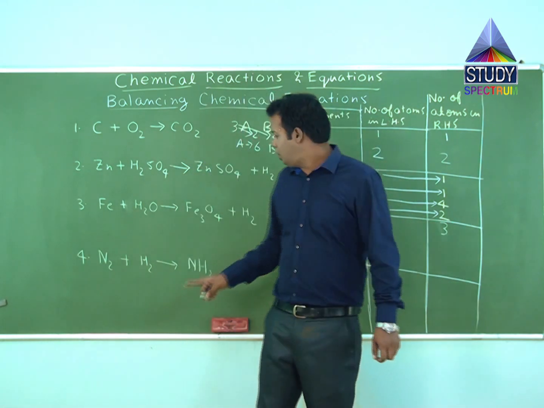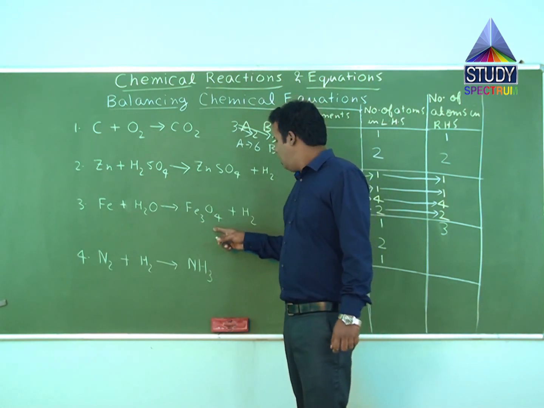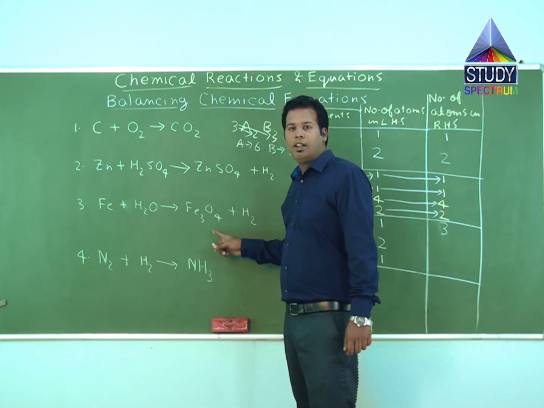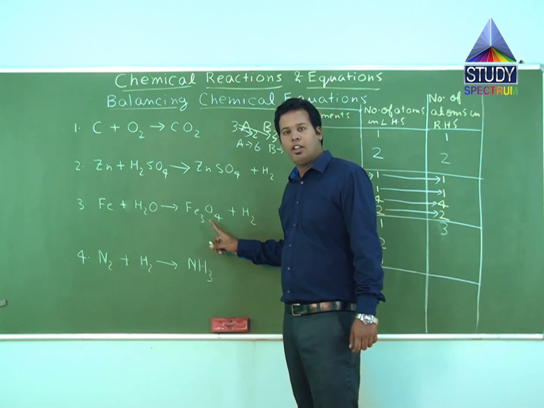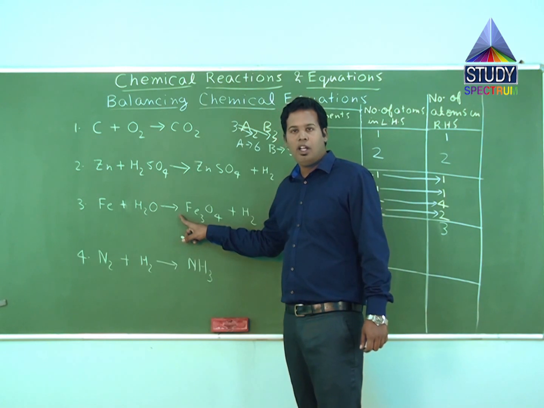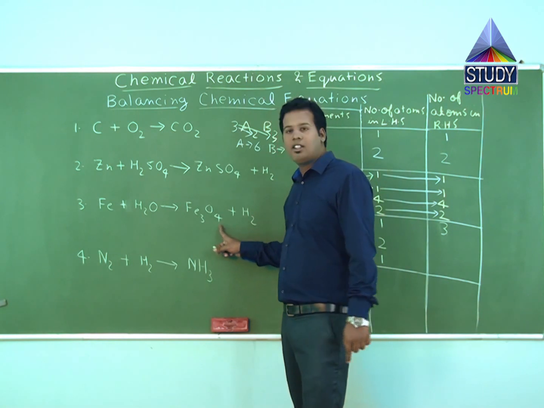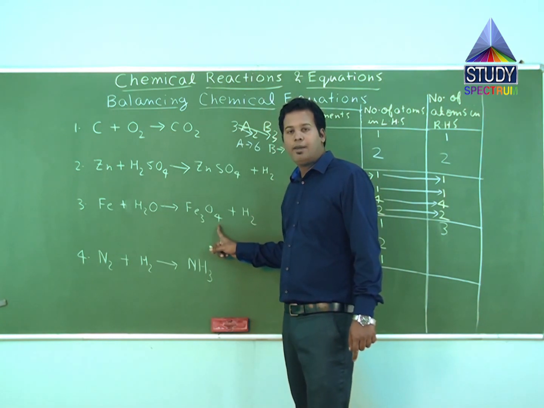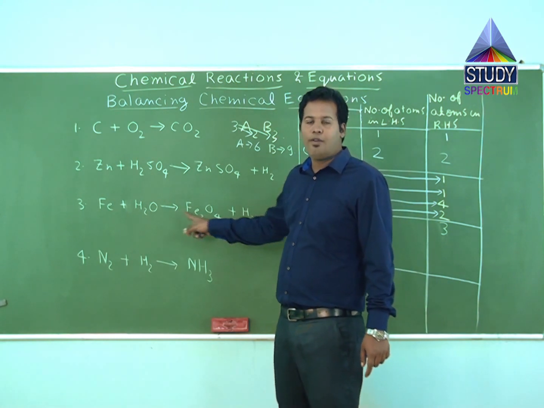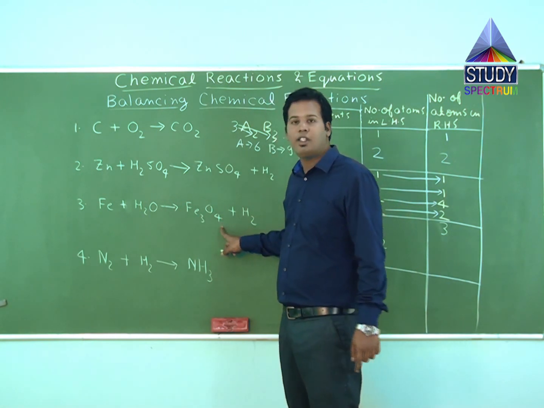Correct? Now, if you talk about oxygen, number of oxygen atoms in product side RHS, oxygen is present only in the first product, but it is not present in the second product. It means that we will count the number of oxygen from the first product itself. Now, since nothing has been written as the coefficient of this compound, the coefficient of the compound is again 1, and 4 is written as the suffix of the element in this compound. It means the number of oxygen atoms in this particular compound will be the coefficient of compound into suffix of the element in the compound, that is 1 into 4, which means 4.